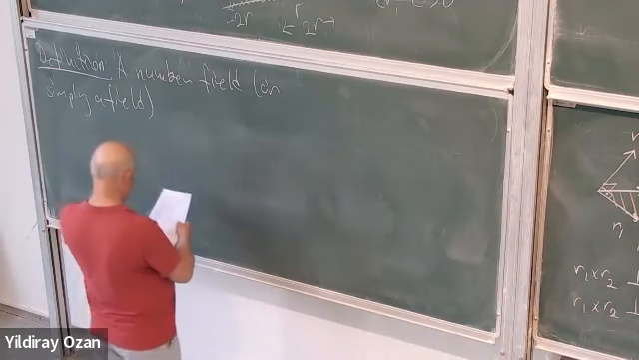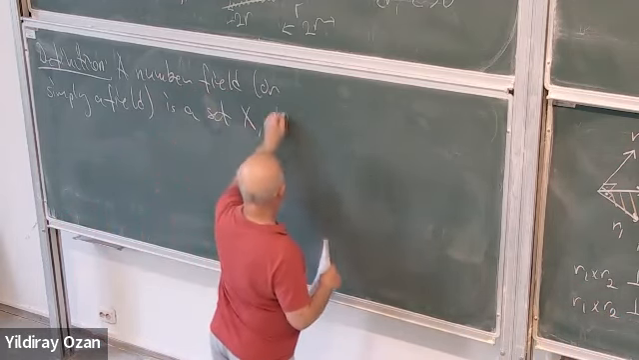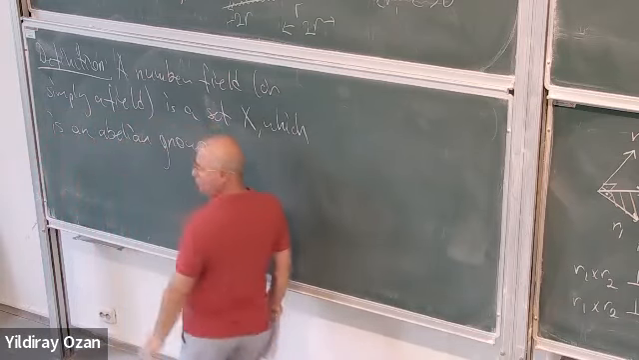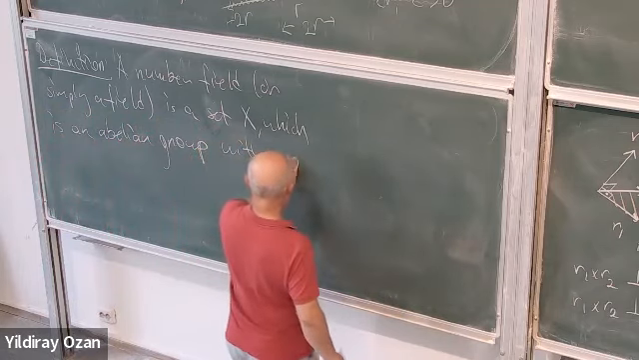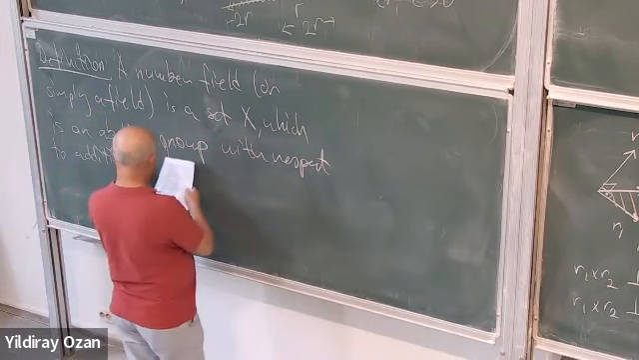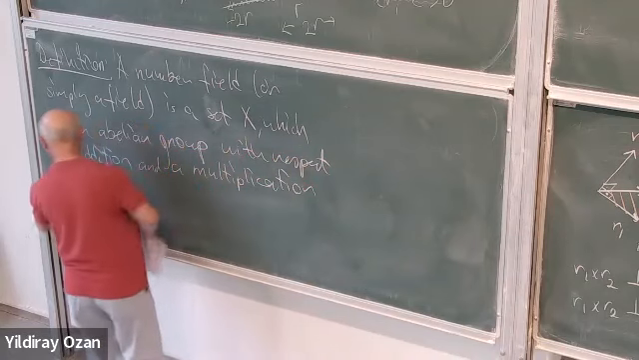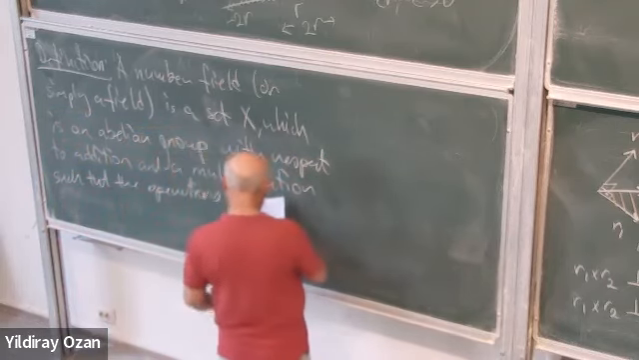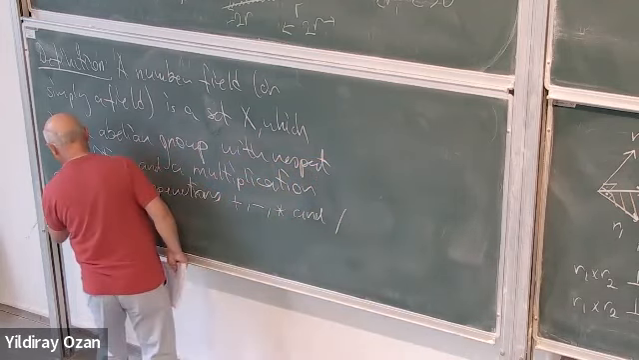A number field is what? It is a set which is an abelian group, so it has an addition operation, a commutative operation, with respect to addition, and the multiplication, such that the operations addition, subtraction, multiplication, and division are defined